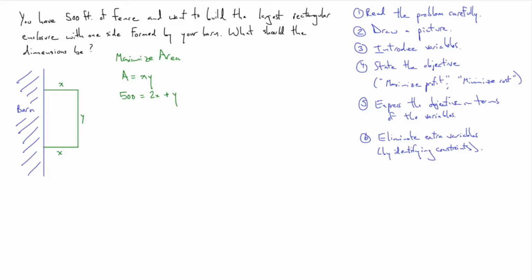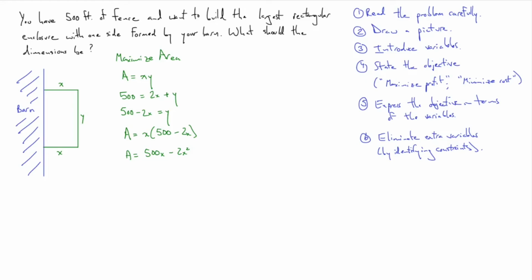How do I use that to eliminate one of the variables? Well, I take that equation and I solve it for either x or y. In this case, it's probably easier to solve it for y. Not hard to solve it for x, of course, except that if you did, you'd end up with a fraction. There'd be a 1/2 y involved in your expression, and why work with fractions if you don't have to? And then I can take that expression for y equals 500 minus 2x, and substitute it into my expression for the area. The area is x times y, so it's x times 500 minus 2x, which after you distribute is